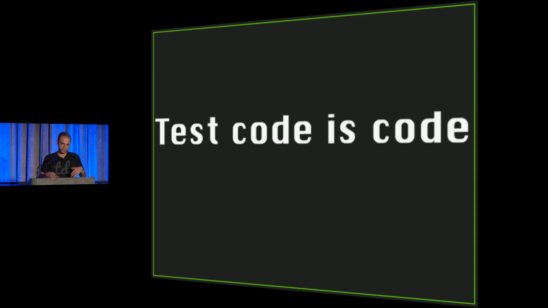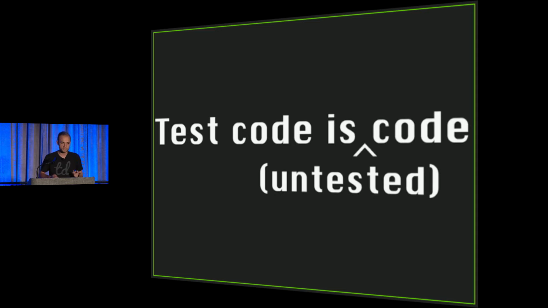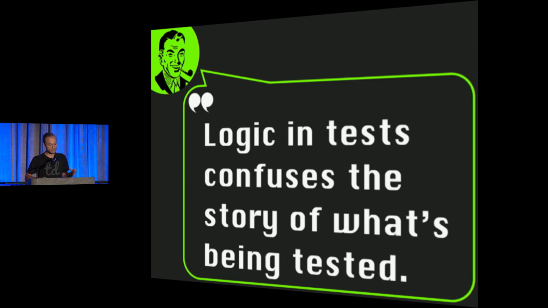Let's move on and talk about hard-to-read code. Test code is code. A lot of people like to say, hey, it's serious, it's code. But it's also untested code, which means it should be minimized and treated with extreme prejudice. I found that having a lot of logic in our test code confuses the story of what's being tested. I can't just look at some test code that has a whole bunch of loops and ifs and elses and draw a lot of conclusions about the behavior of the thing it's testing. I have to read that and take it on its own and then read the code. It slows me way down.